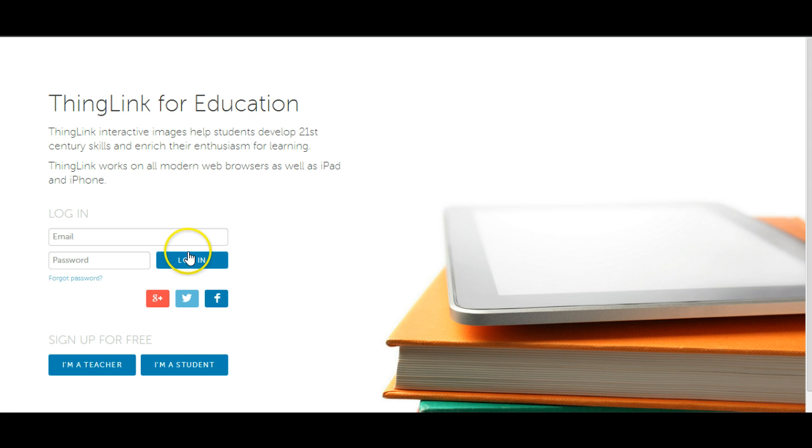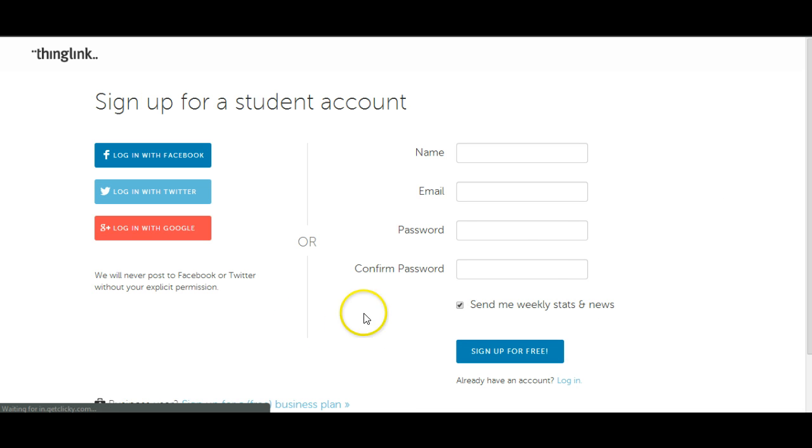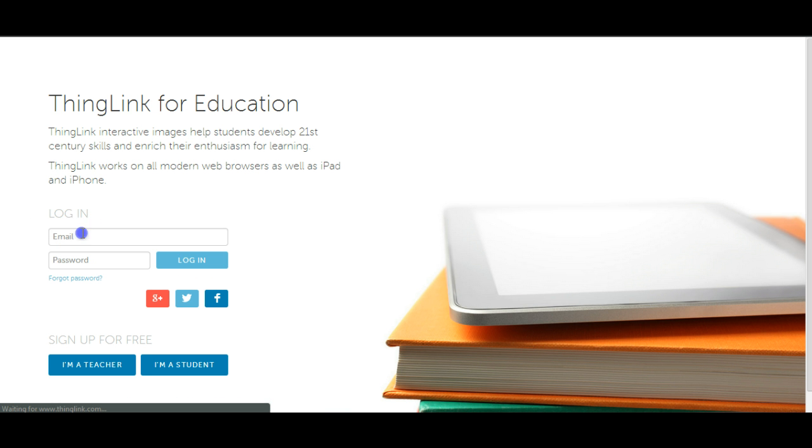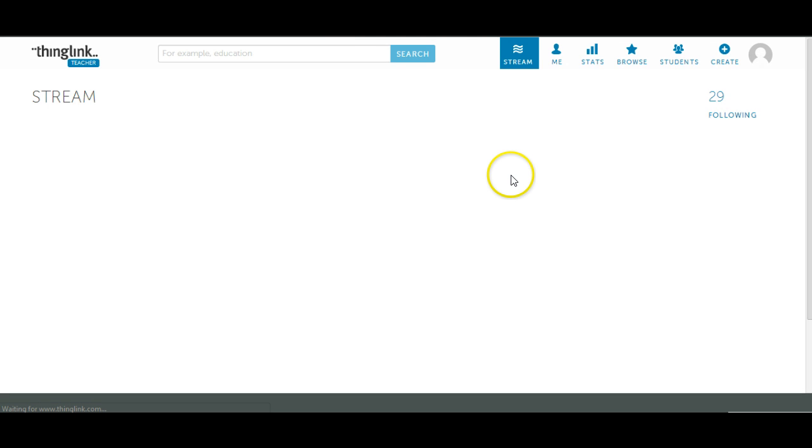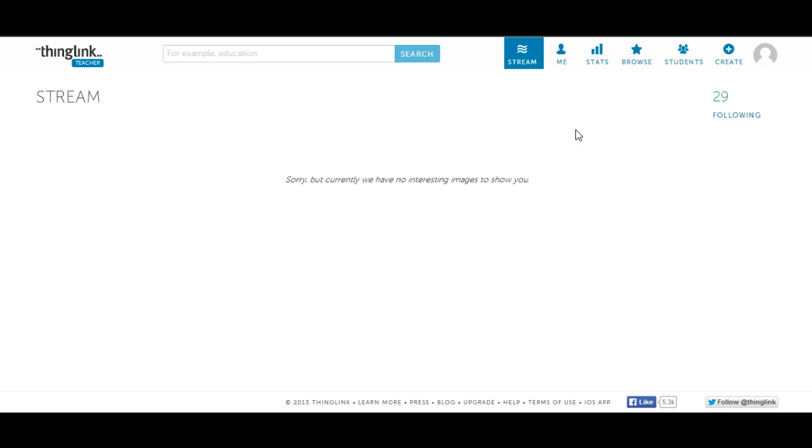The first thing we need to do is go to thinglink.com/edu, and you can create an education account. You are a student, so here you would click I am a student. And you can create an account either using your name, email, password, or you can log in with social media. It's up to you. I already have a teacher account, and so I am going to log in using that account. Now once I've logged in,